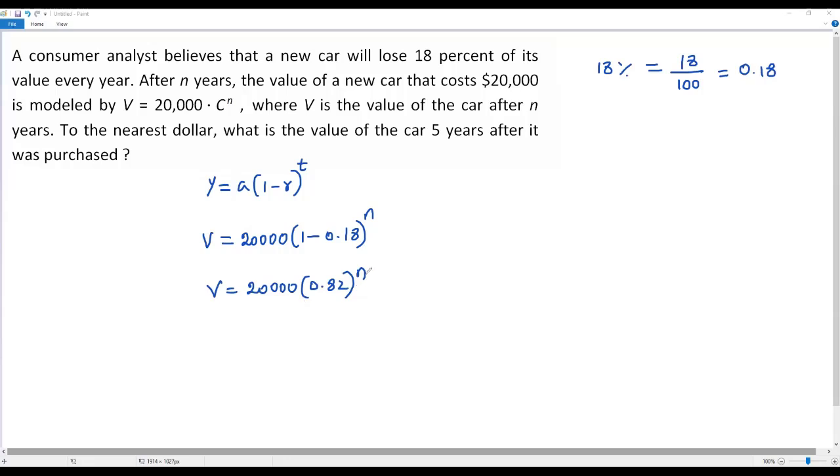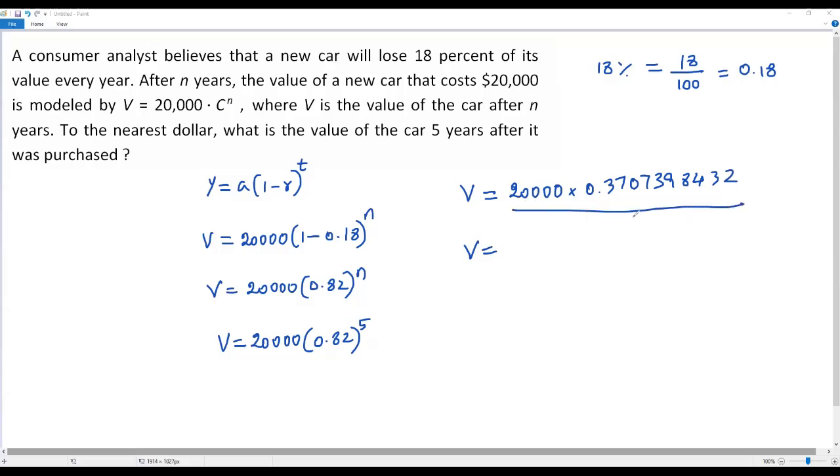Now let me plug in 5 for n over here. Then I get V equals 20,000 times 0.82 to the fifth power. Now let's evaluate 0.82 to the fifth power. So 20,000 times the value of 0.82 to the fifth power, which is a bit of a long decimal, that is 0.3707398432. Now we have to multiply these two values and round it to the nearest integer